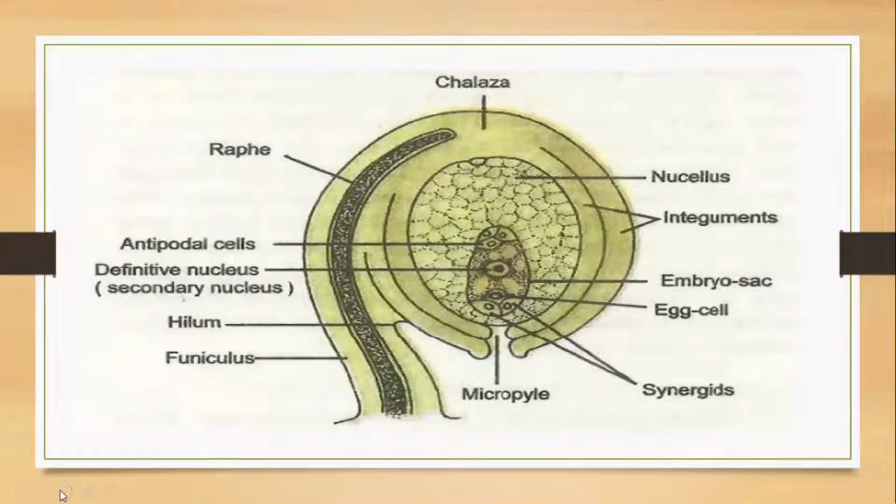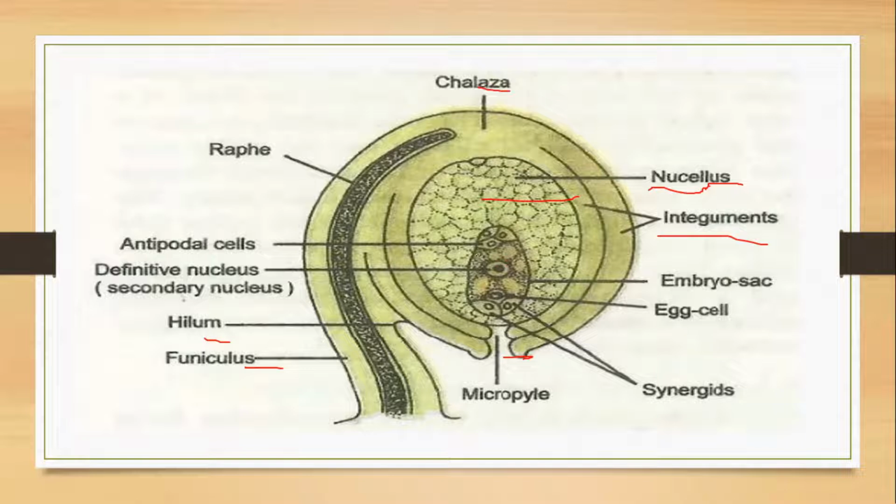You can see here the diagram of the transverse section of an ovule. This is the funiculus, hilum, and this portion is known as the micropyle. The outermost layer is known as the integument, which surrounds this ovule, and the integument is generally 2 to 3 layered. After that, inside is the tissue known as the nucellus, and some of the cells from this nucellus become active to undergo the process of megasporogenesis, and that is known as the megaspore mother cell. The end opposite to the micropyle is known as the chalaza.